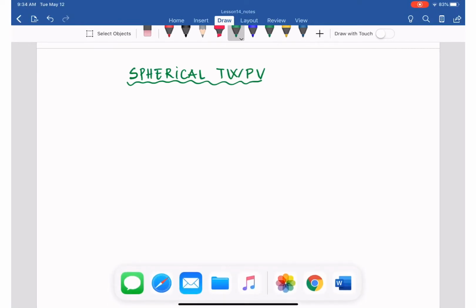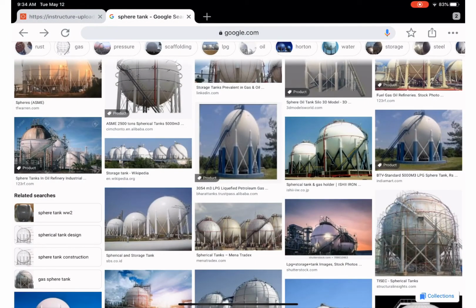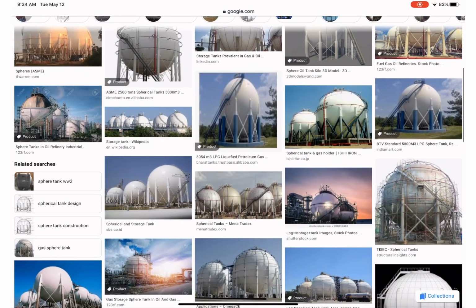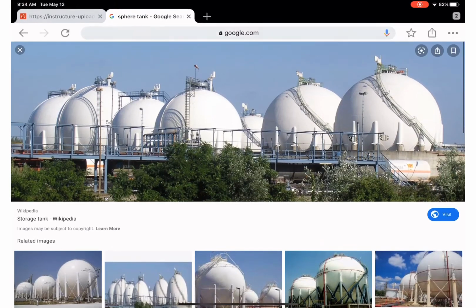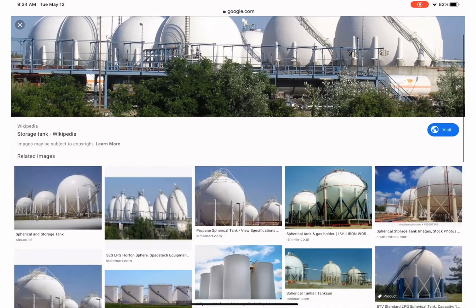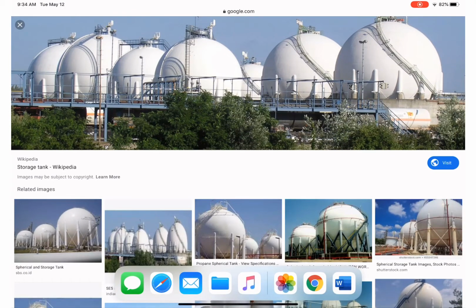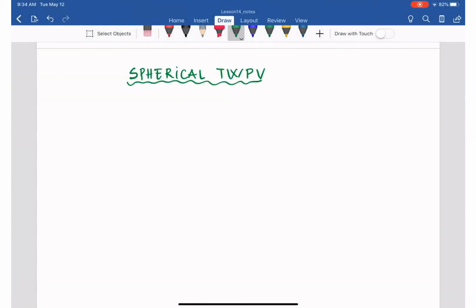So there are many applications. For example, in petroleum, if you search for spherical tanks, you see there are many in use. Or in wiki storage tanks, you can see multiples for petroleum, gas, etc. So that is the multiple applications, and that is the purpose for investigating the pressure and the stress on the tank with the spherical shape. So let's cut that